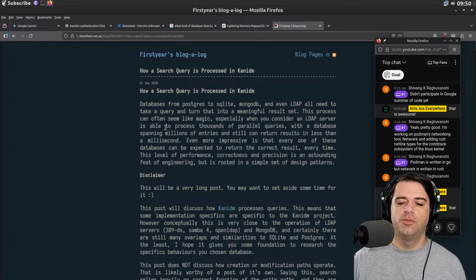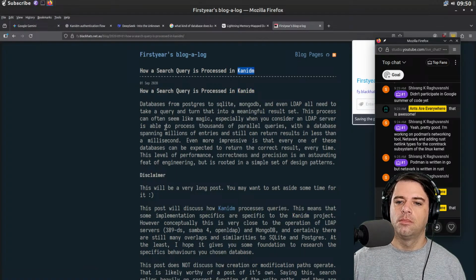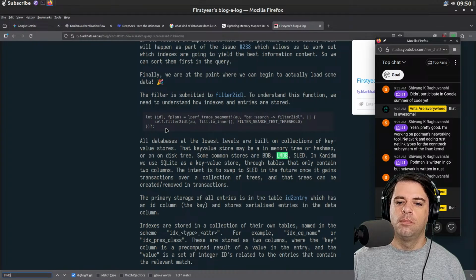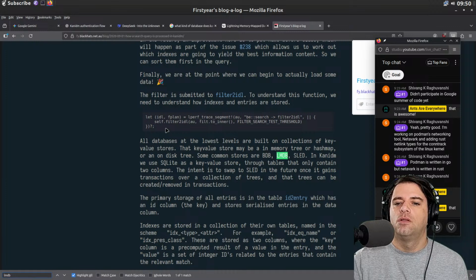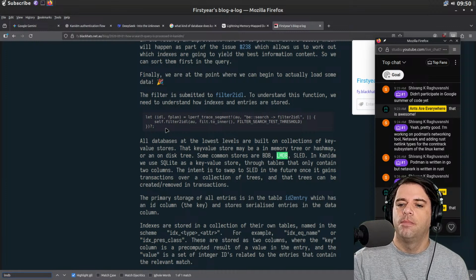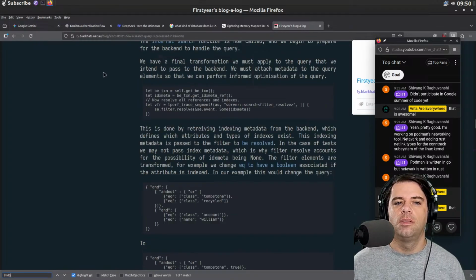Oh, okay, it uses multiple. All databases at the lowest levels are built on collections of key value stores. Is this still about Kanidm? BDB, LMDB, and SLED. In Kanidm, we use SQLite as a key value store. The tables only contain 2 columns. Well, what do you use?